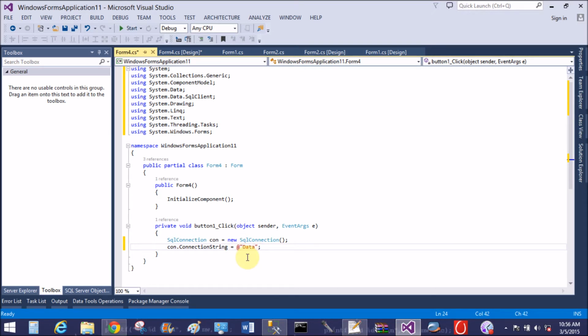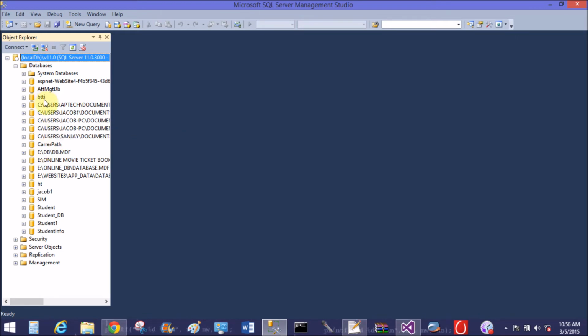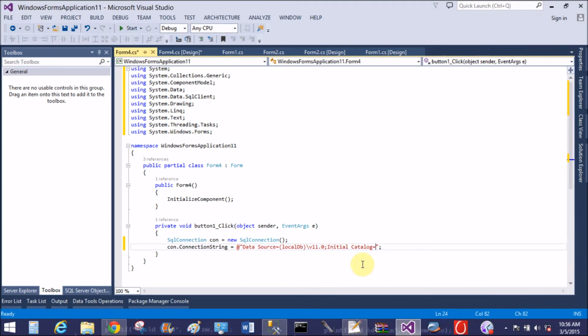So use the verbatim literal, and Data Source equals LocalDB version 11.0, which is the data source, or you can say the server name. The Initial Catalog relates to the database name. A database name actually exists in the database. I have a database whose name is BTTI. So Initial Catalog equals BTTI, and